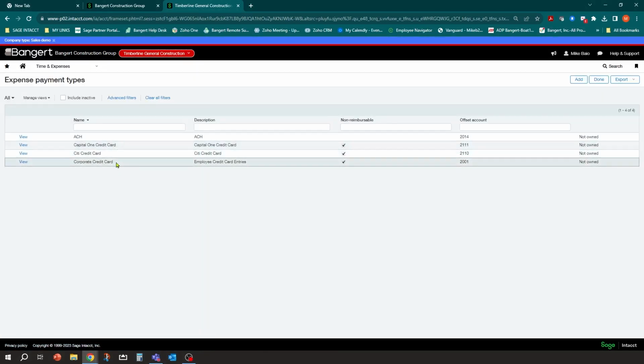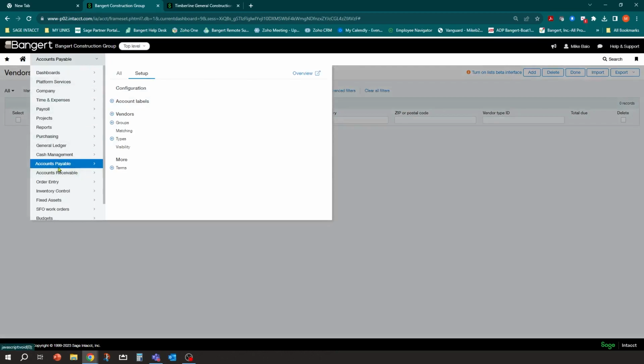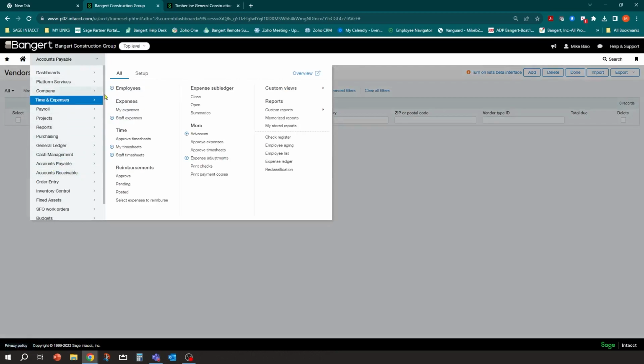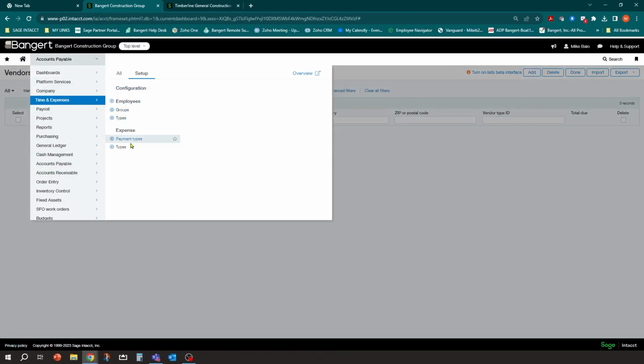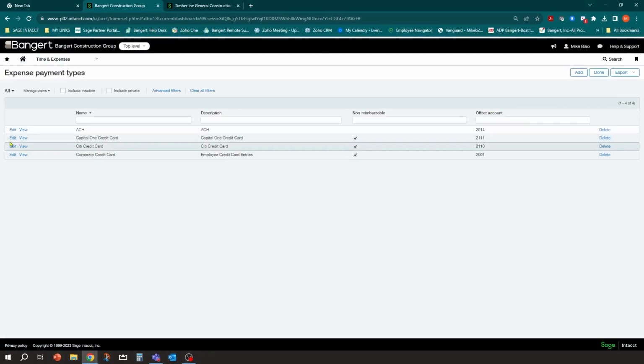These are used for various ways. If you have payroll, they're used for the payroll integration, but you can see here, you can create whatever you want. And you'll also notice that I must have created this at top level because there's no edit. And I would recommend that in case you're going to use this in multiple companies. But if I go over to my top level and do the same thing, payment types, now I can edit. So I set up one for each card. So I set up one for Citibank, the Citi credit card, and the Capital One credit card.